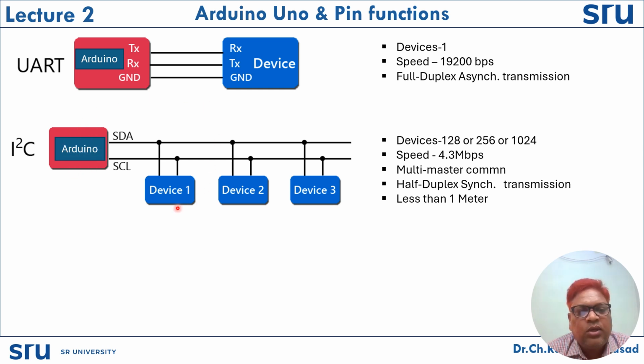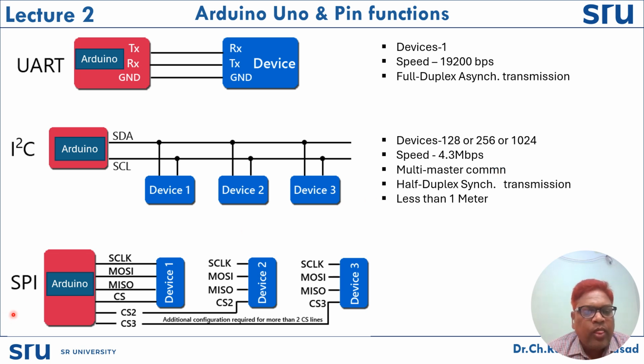After some time, this can also be given to the master chance to device one, device two, and so on. That means it exchanges the master and slave configuration between different devices. That's why it is called multi-master communication. Coming to